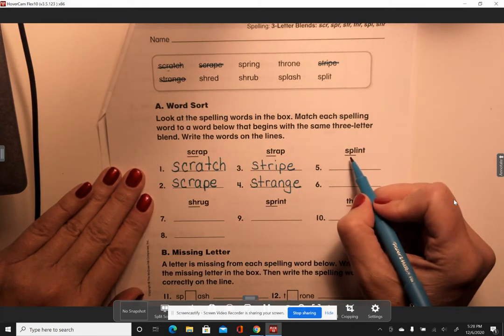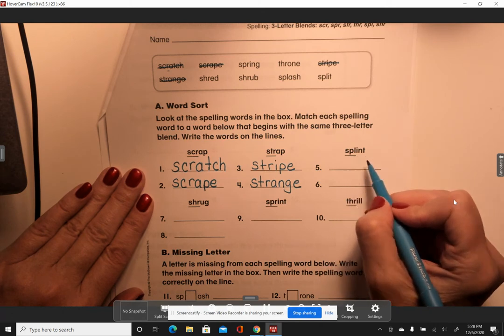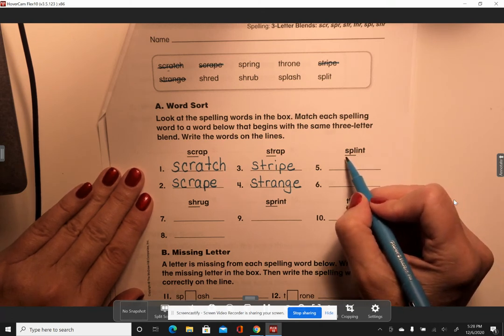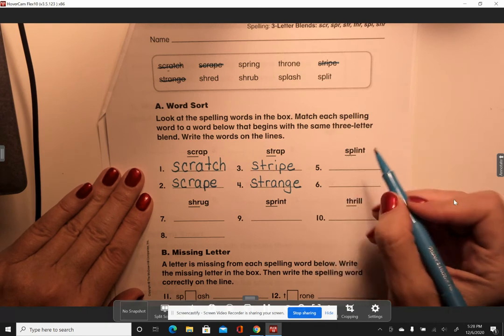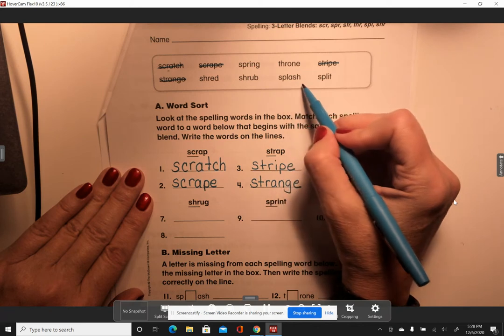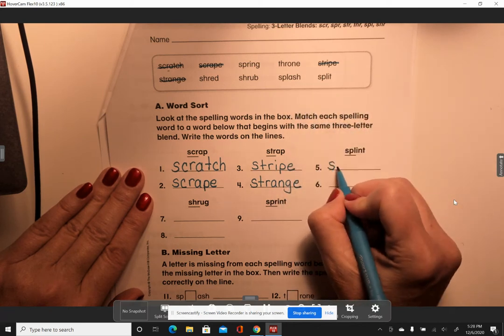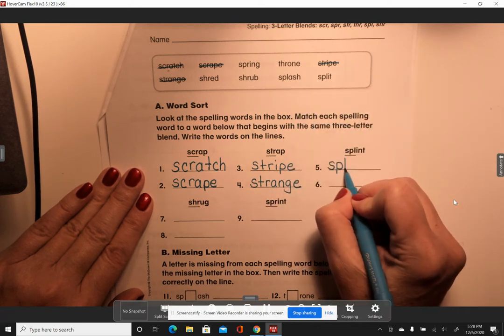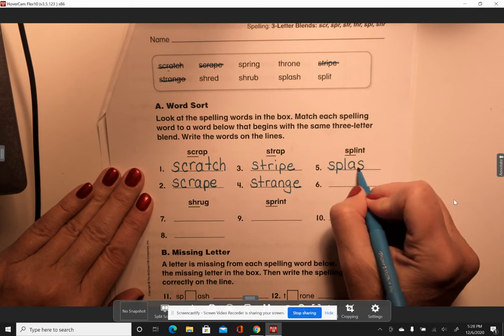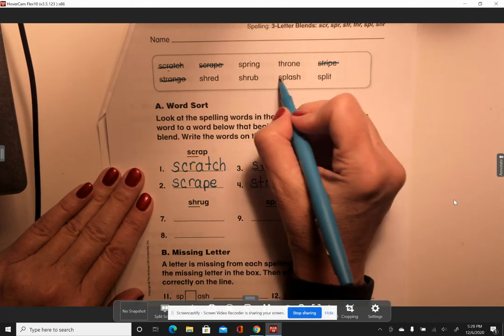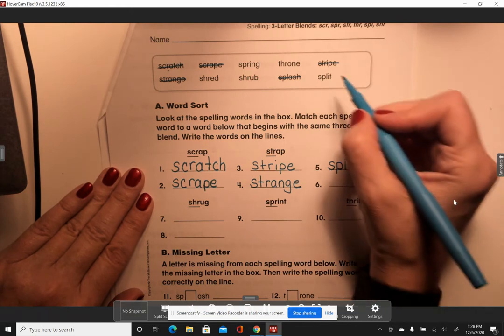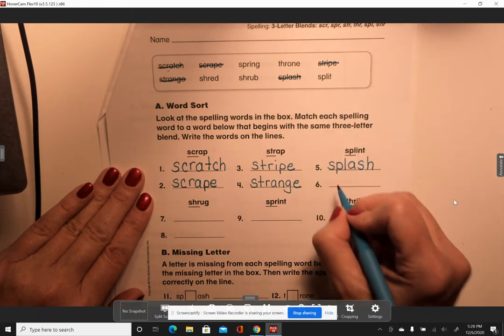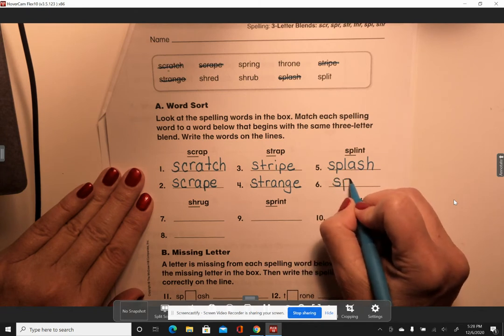strange. This says splint, and it starts with SPL. Do you see a spelling word that starts with that same blend, SPL? That's right, we have splash. SPLASH, splash. And you see the other one? Split. That's correct. SPLIT,